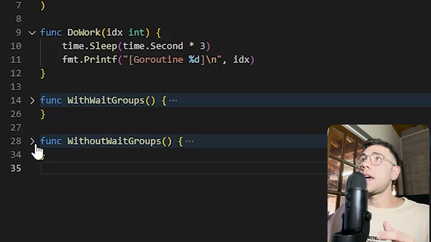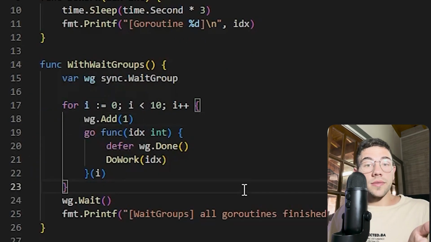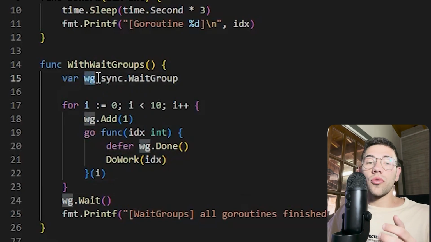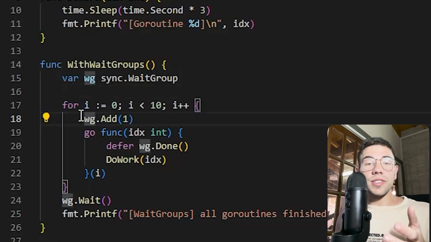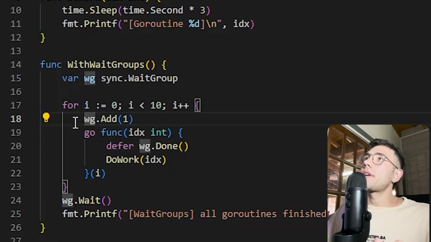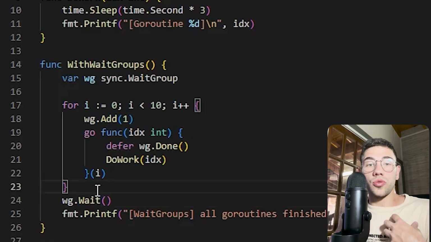So here come wait groups. Wait groups are here to wait for our coroutines. Here we declare a wait group variable, and every time we create a new coroutine, we just have to call the wait group's Add function, which will increment a counter inside of the wait group. And then when we want to wait,